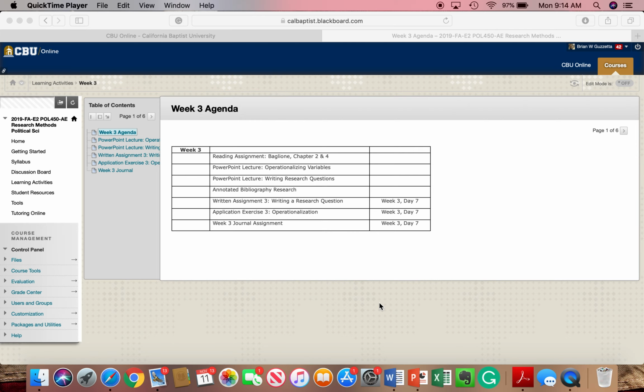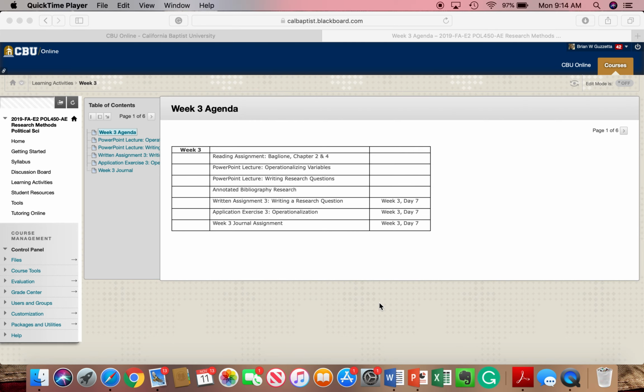When you send in your research questions this week, I'll read through them with a fine-tooth comb and try to make sure that they are applicable, that they're worthy, and that they're something you can work with for the remainder of this course. Don't be surprised if there are some follow-ups with this assignment. If it isn't perfect, we're going to get some follow-up, some advice, and some fine-tuning so that we can move forward from this point.